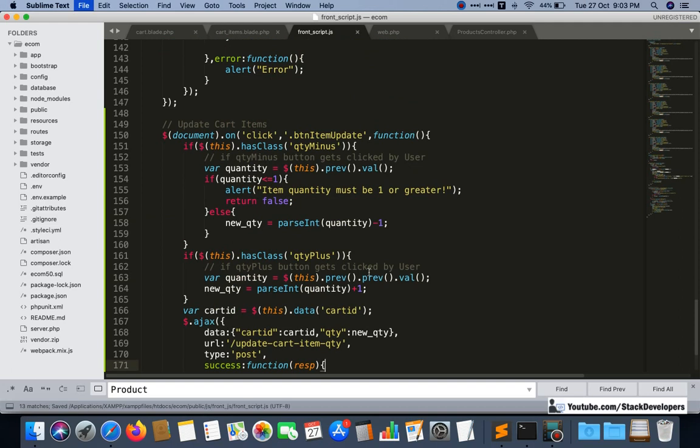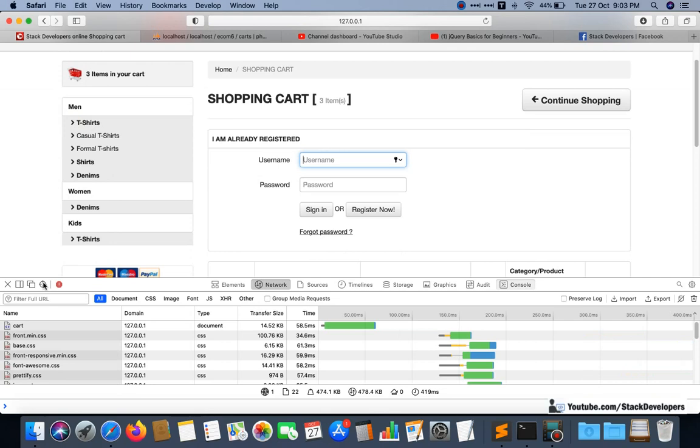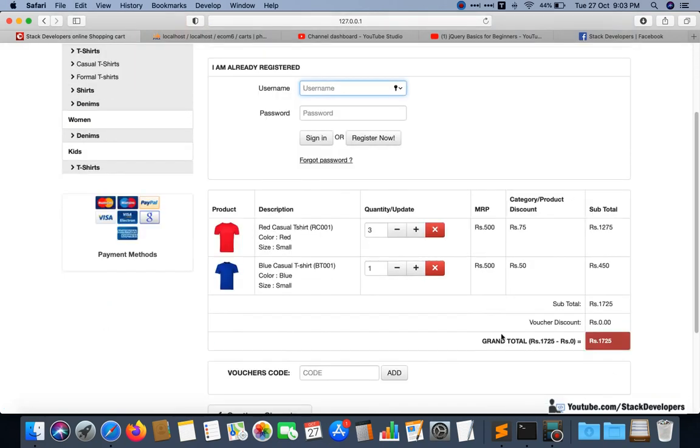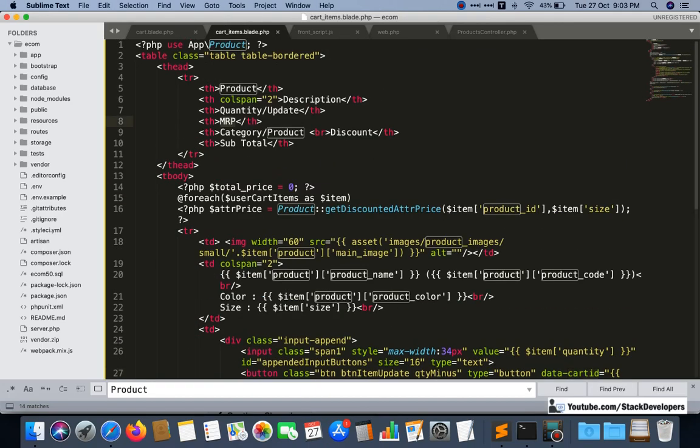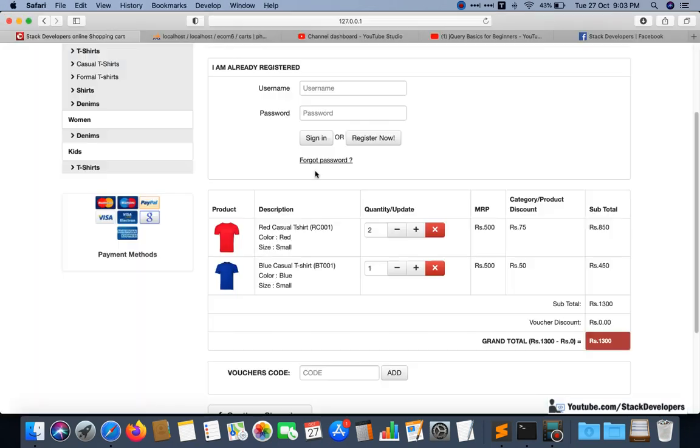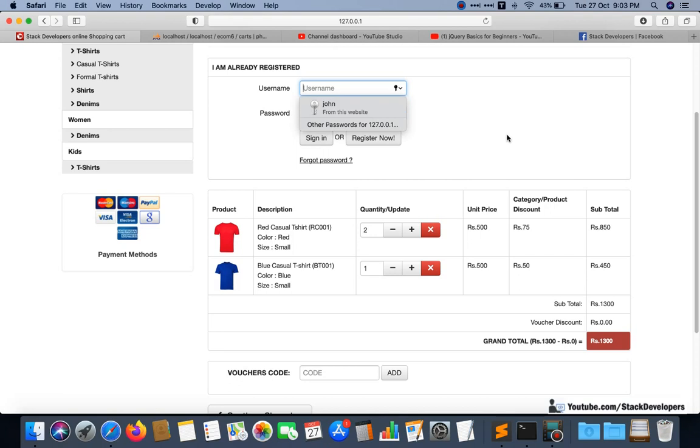Now we can try. Let's see. I'm going to refresh. We close this one and we will see. I'm going to click on minus, then the quantity here must reduce to 2, and let's see. It is reducing to 2, and here you can see the subtotal is also updating. See, this is the unit price. Okay, don't confuse it with this one. This MRP is the unit price of the product. You can make it unit price, okay, of one item only. Okay, so it will remain fixed like this.